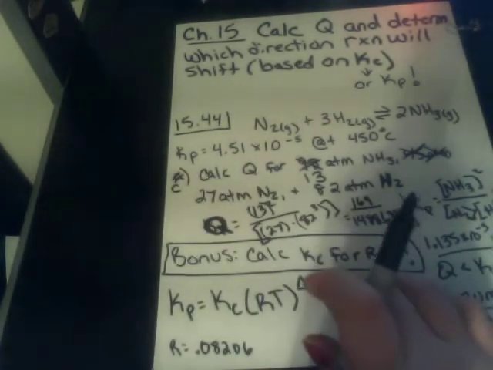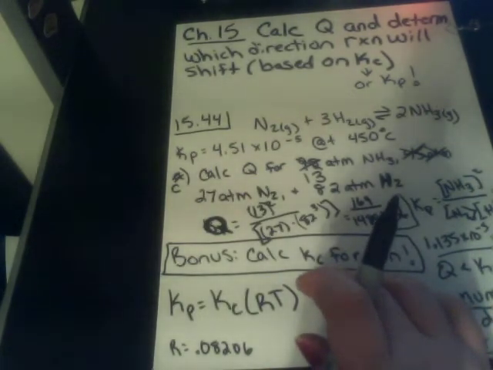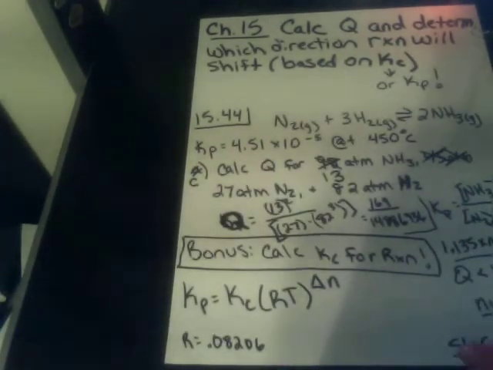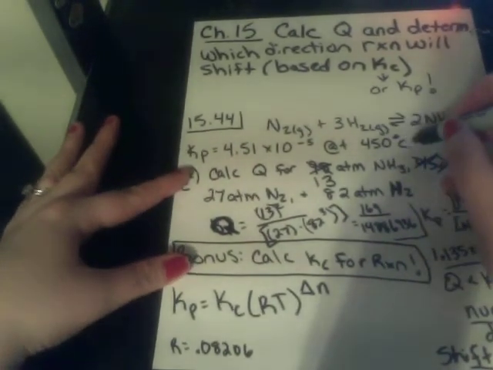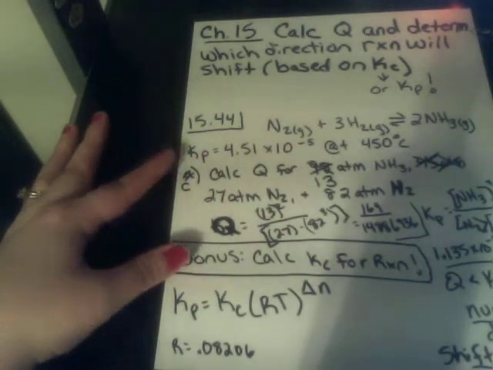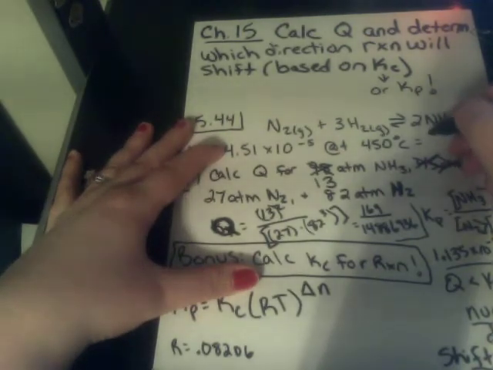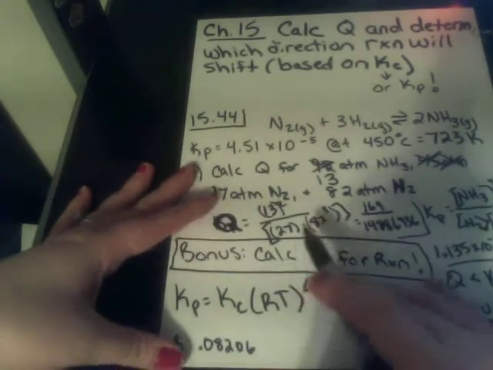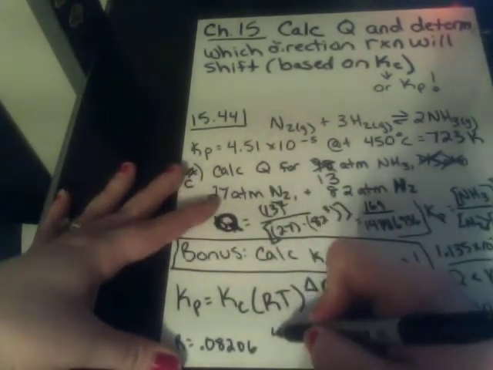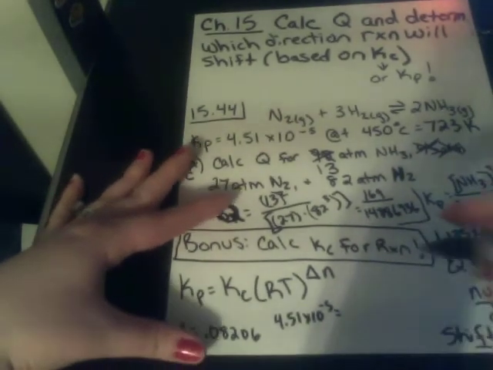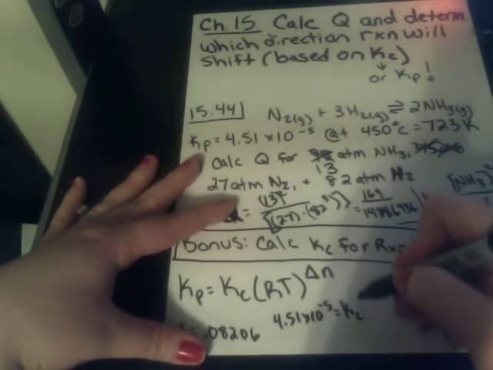And T has to be in Kelvin. So in our problem, we are not in Kelvin. If we added 273 to that, we're really talking about 723 Kelvin, right? So K sub P, which is 4.51 times 10 to the negative 5, is equal to our unknown K sub C times